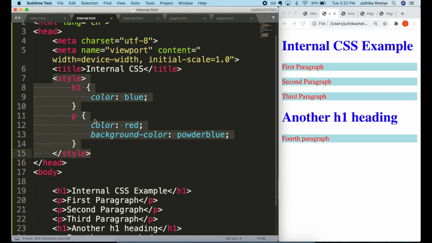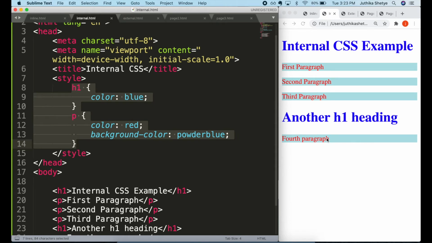So what happens now is that when the browser opens your page, it gets to the head section and sees all your CSS rules. And so it's going to know to go through your page and apply those rules to all the H1 tags on the page. And if you have multiple rules including paragraphs, images, things like that, it's going to apply the styles to all instances of those elements in the entire file. So internal style sheets are really nice when you are just trying to style up one page.